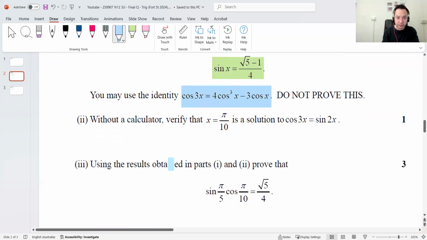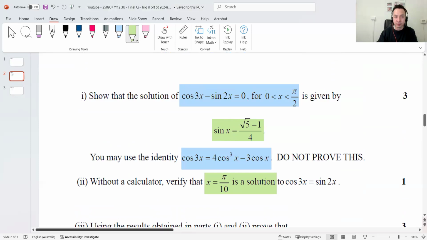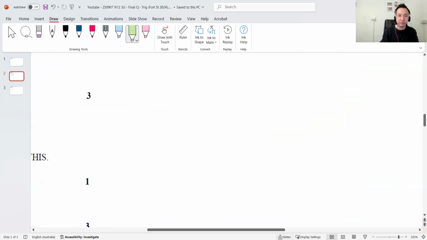So let's keep going. Without using that, show that x equals pi on 10 is a solution. Okay. And then prove that. Feels like 3 distinct parts. Okay. All right. So let's move over here. Let's have a crack. So part 1